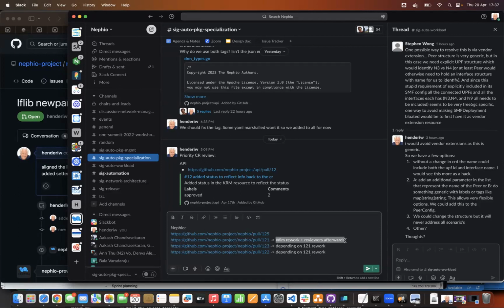Yes, correct. The way I did it right now, I don't know the right strategy either. So far, I'm also experimenting a little bit. So this is the base PR. What I did here when I checked in, for 122 and 123, I still use the code that is in here, because these guys are depending on this. Otherwise, none of the tests work.